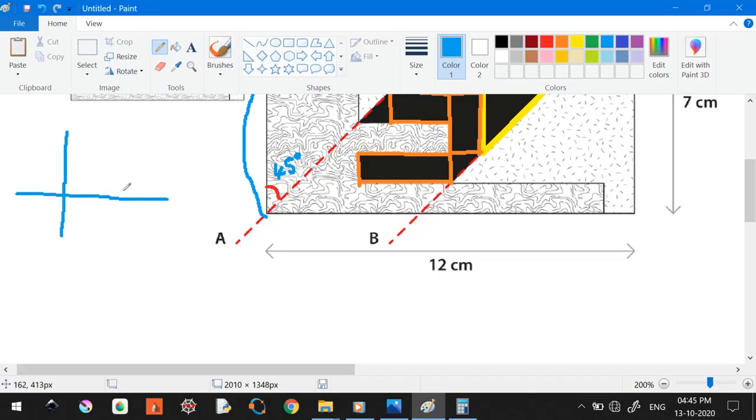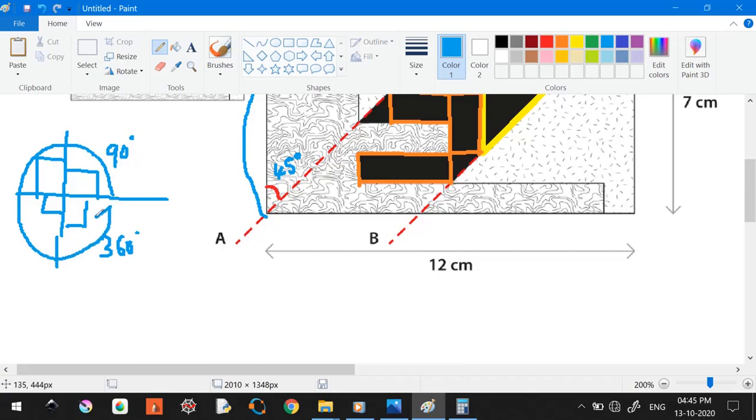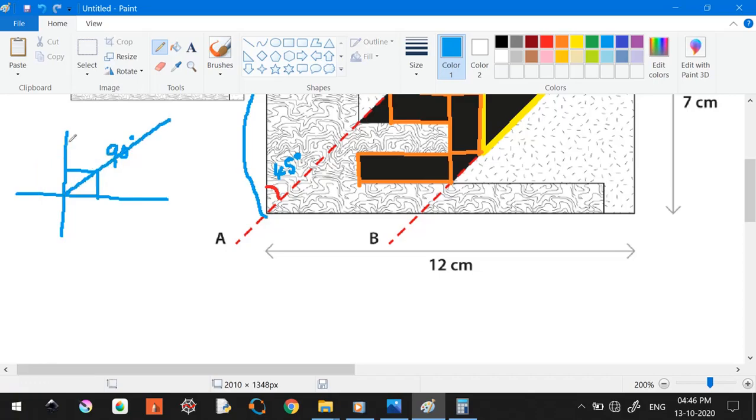If you see the quadrants, this whole angle is 90 degrees, right? One complete angle is 90 degrees, like this is 90, this is 90, this is 90, so if you combine that, you get 360 degrees. The complete rotation, 360, divided by 4, is 90 degrees each, which is very basic. So the 45 is going to be the center one, dividing these two portions into half.